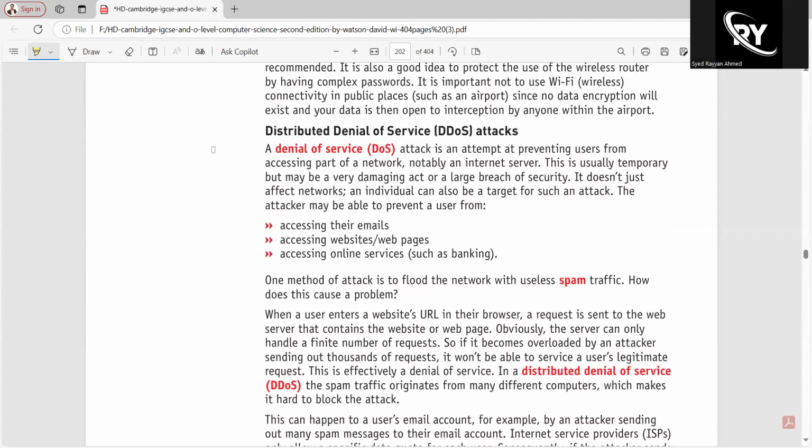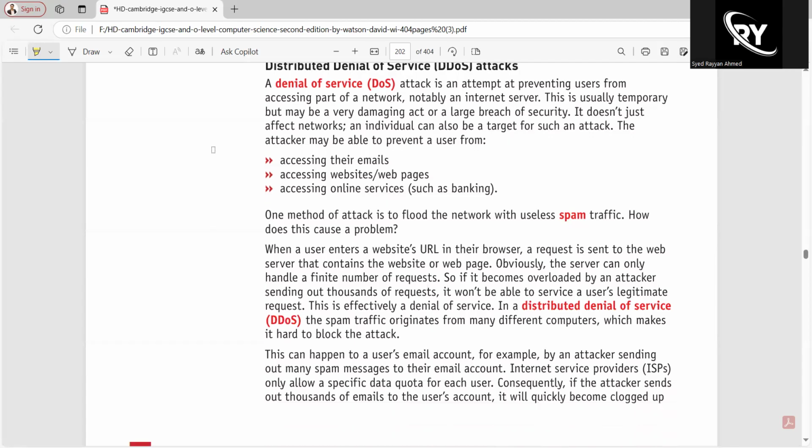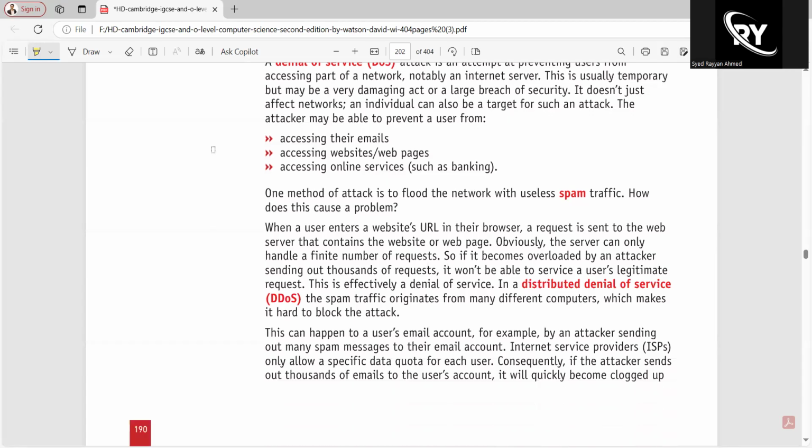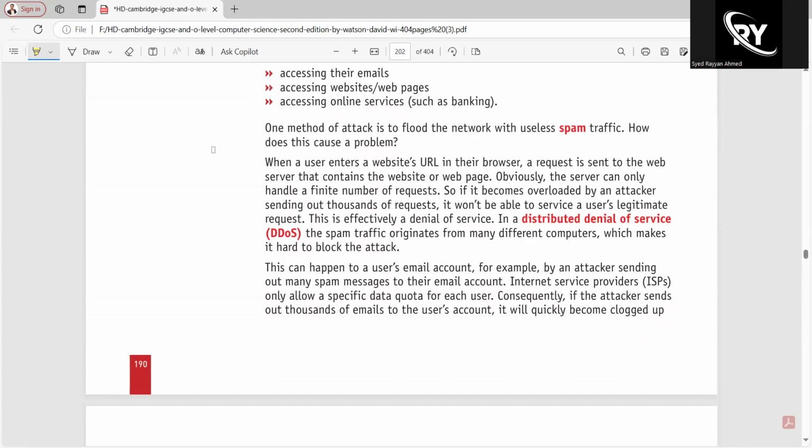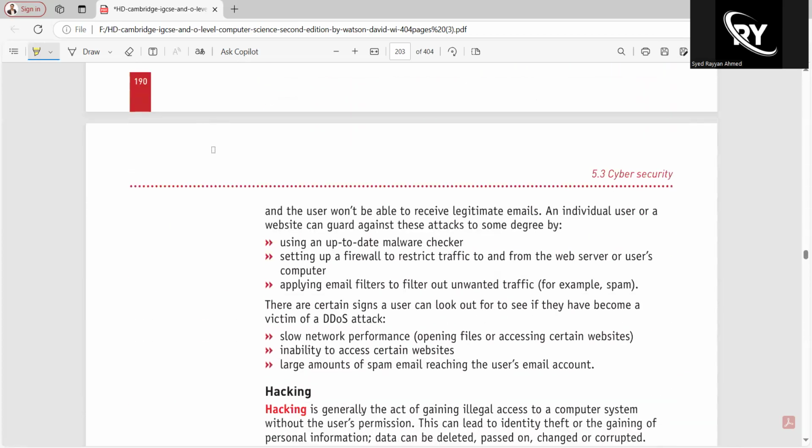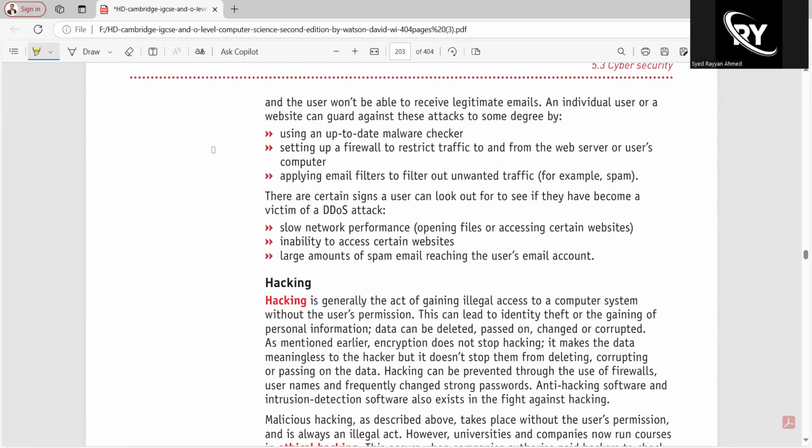Then I discussed the distributed denial of service, DDoS, attack, which prevents users from accessing parts of a network, like an internet server. It can be damaging, because you just flood the network with useless spam traffic. If someone is accessing their email, their website, or an online service, they won't be able to do so, because a lot of spam traffic is generated, which might slow down the website or the server. To protect from this, we need to use antivirus, anti-malware, set up a firewall,